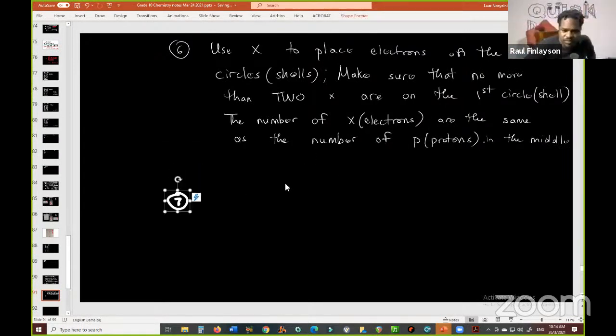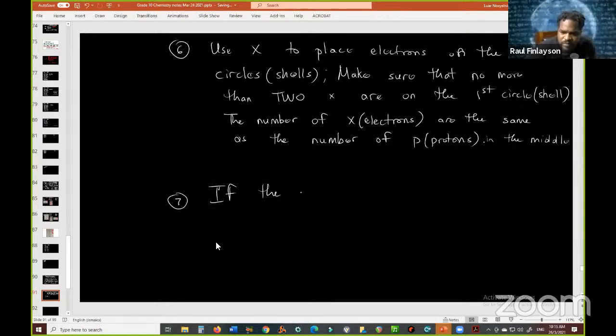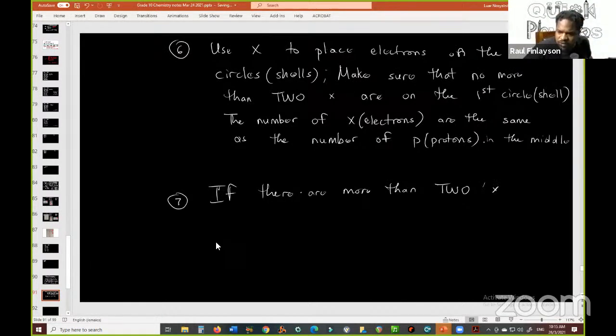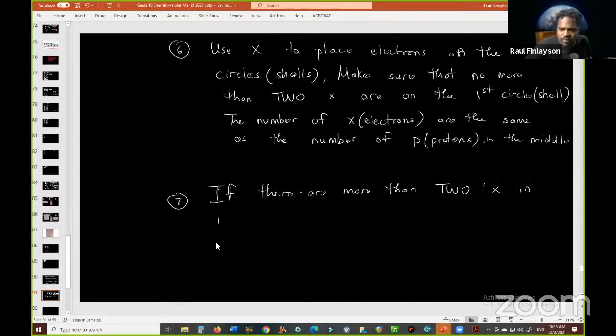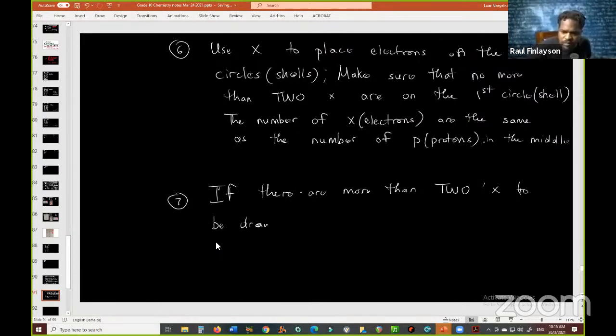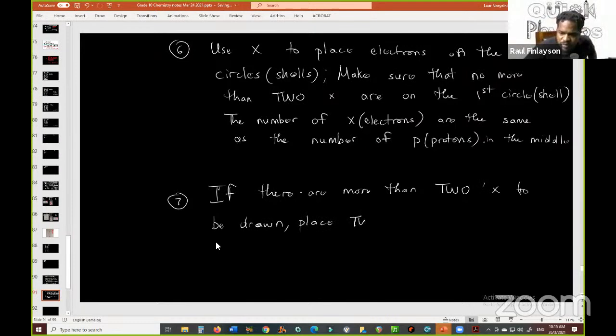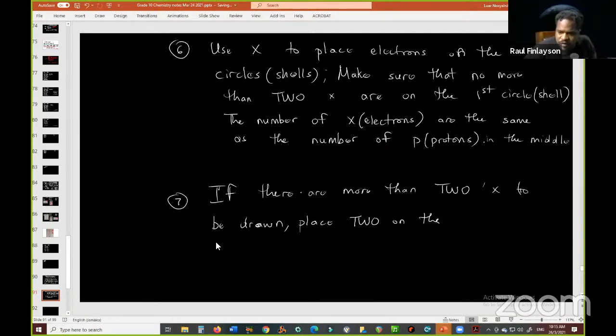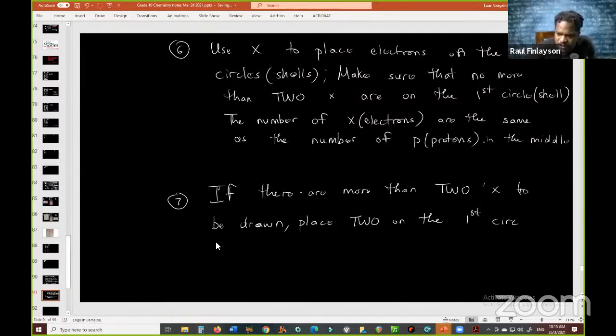So note that if there are more than two X's in the element, all right, there are more than two X to be drawn, place 2 on the first shell, our first circle. When you place 2 on the first circle,